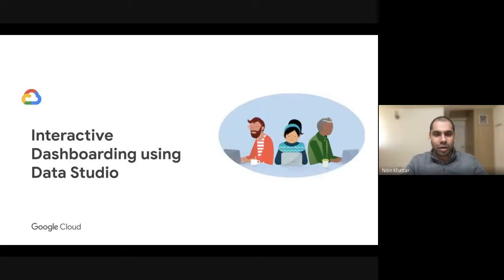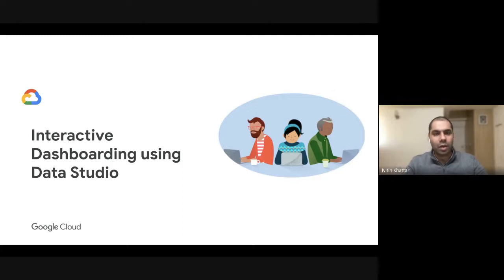So in today's session, we'll learn about how you can do interactive dashboarding using Data Studio. This is one of the free tools that we have within the Google Cloud suite of products. We looked at in the last session how fast BigQuery is, with all the differentiators that it brings in, and how easy it is for you to use BigQuery and start analyzing the data out of it. Now, on top of it, a very traditional thing everybody would be looking at is how do you create dashboards on top of it.